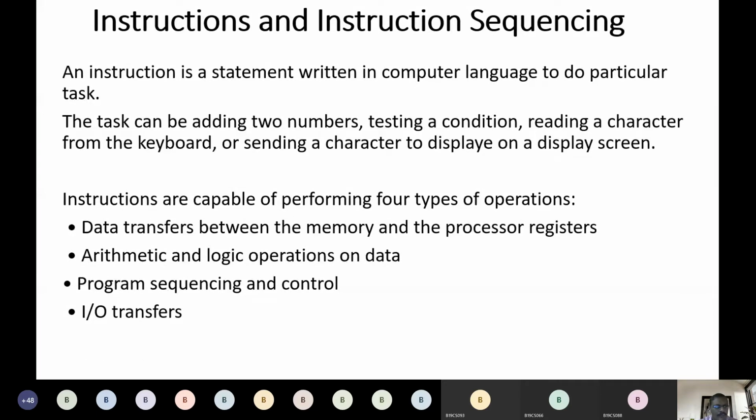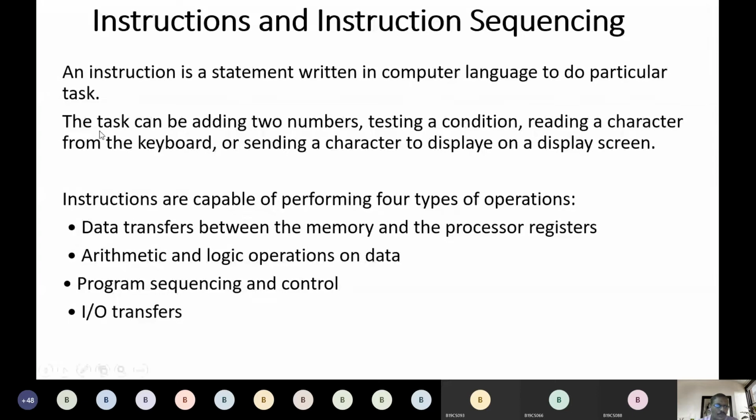It may be declaring variables, or addition of two numbers A plus B, or a printing instruction, a scanning instruction, or any other instruction. It does a particular task. So simply we define an instruction as a statement written in any computer language. It does a particular task.